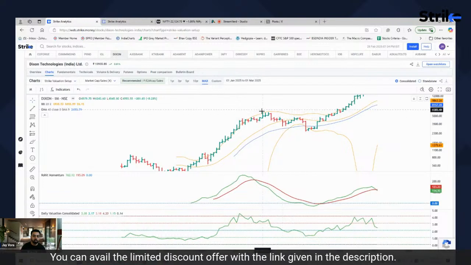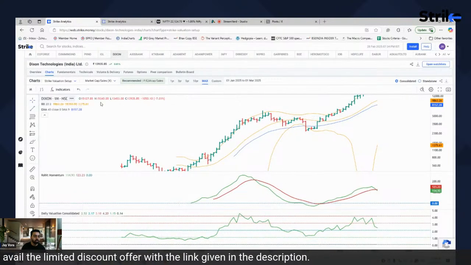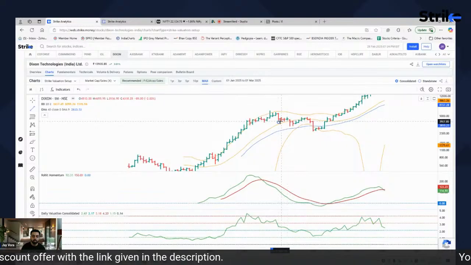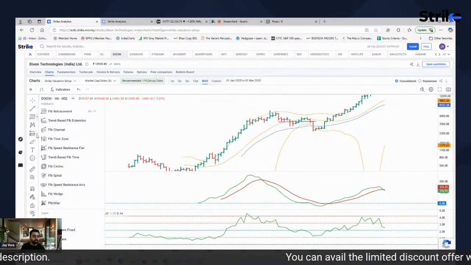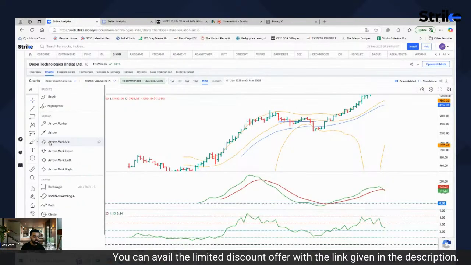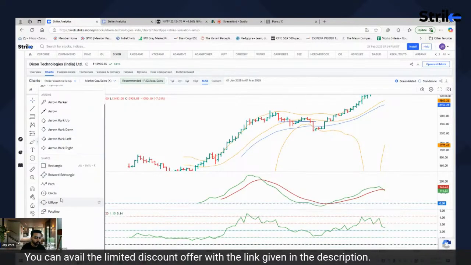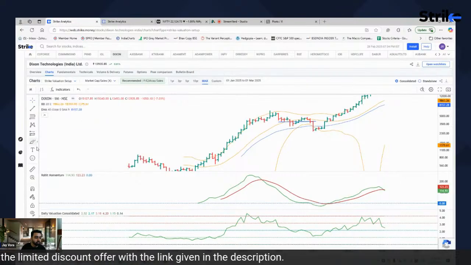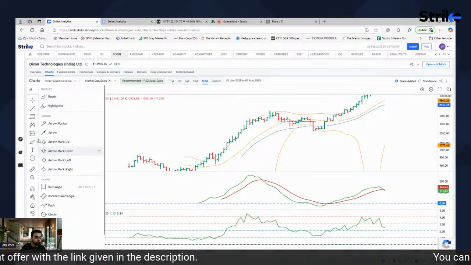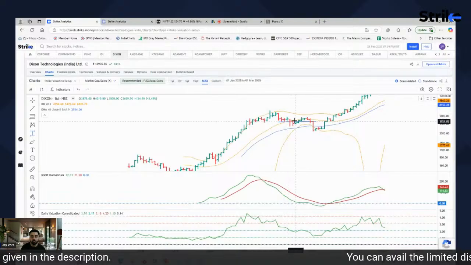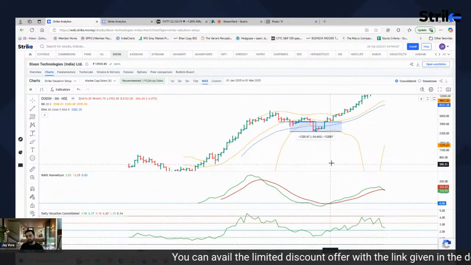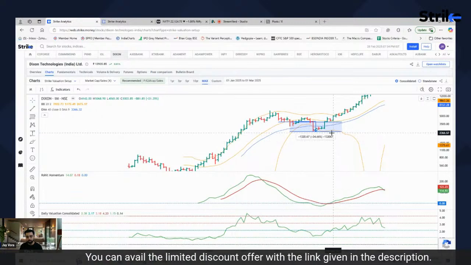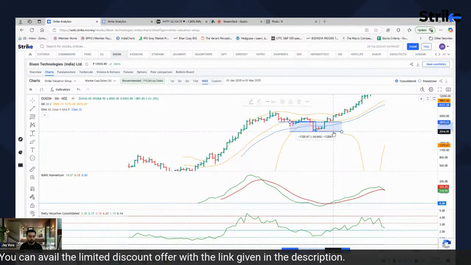So you would see that over here the 20 week was broken. Okay, the low was also broken, and from there, eventually the stock corrected almost 30-40% or so. So wait, let me, yeah, so this was the point, and you can see that there was almost a 34-35% kind of correction that the stock saw.